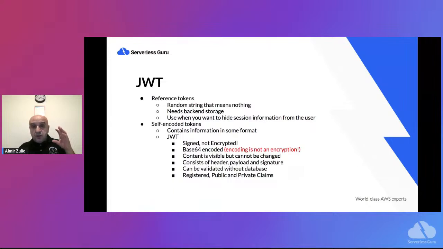Compared to making a query to the database, with local validation of JWT you can see performance benefits. So let's take a look a little bit into the JWT structure, how it is